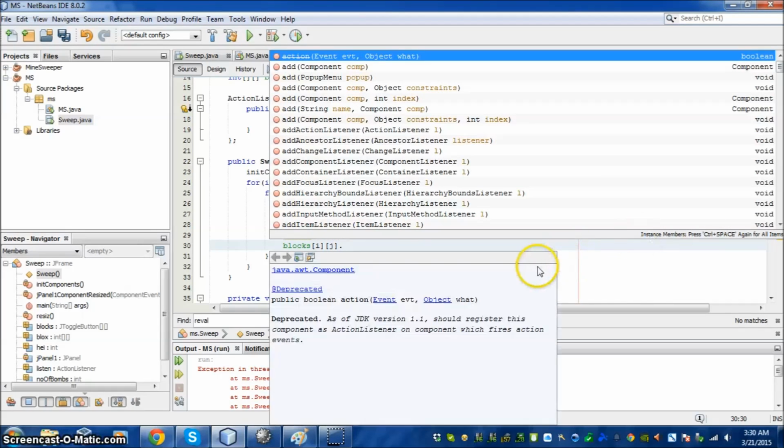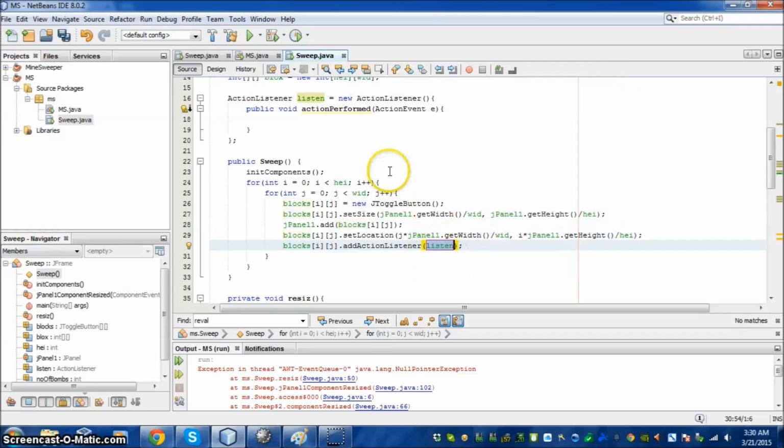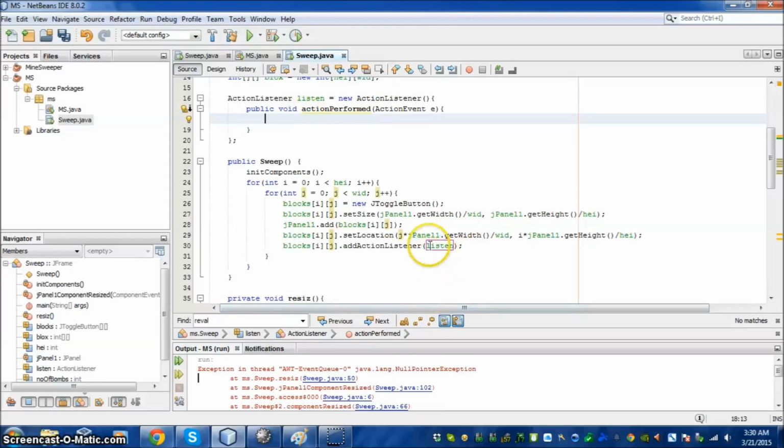So what I'm doing is that I am going to add the action listener. Technically, whenever we click on any of these blocks, it's going to send an action to this guy, and this guy is going to pick up the action. Now we do not know which one sends the action, right? We do know which one sent it in, but we don't really know